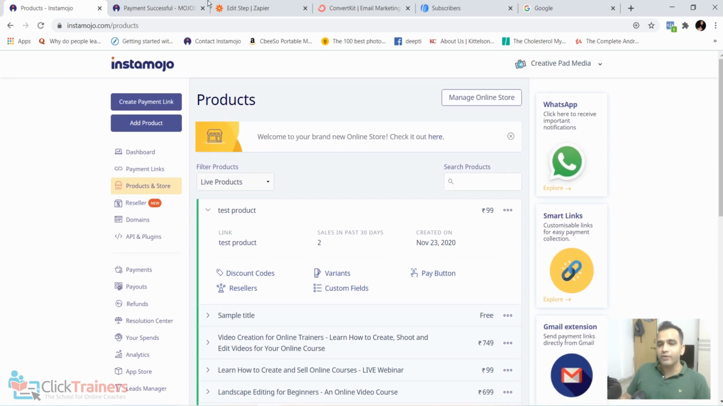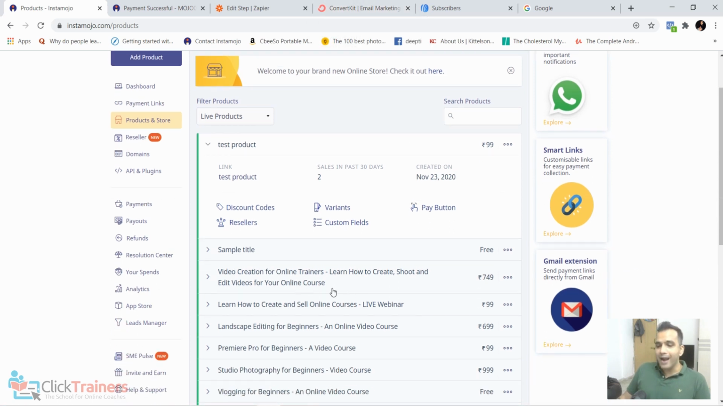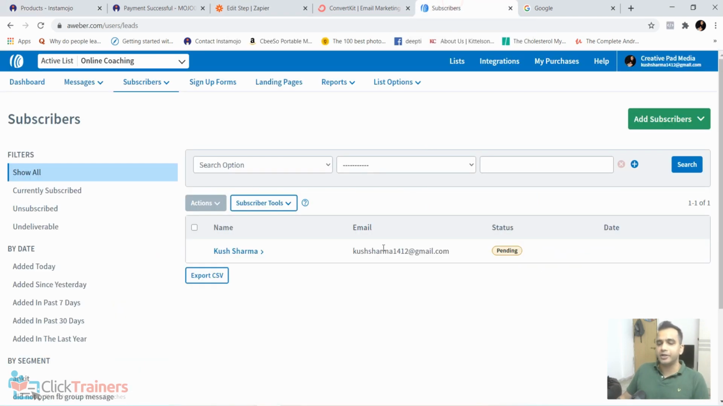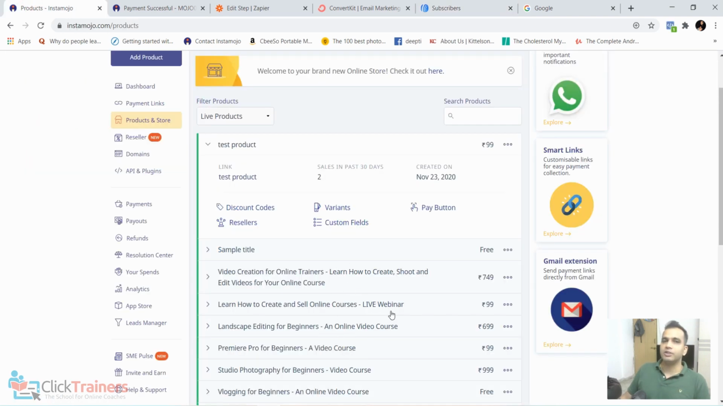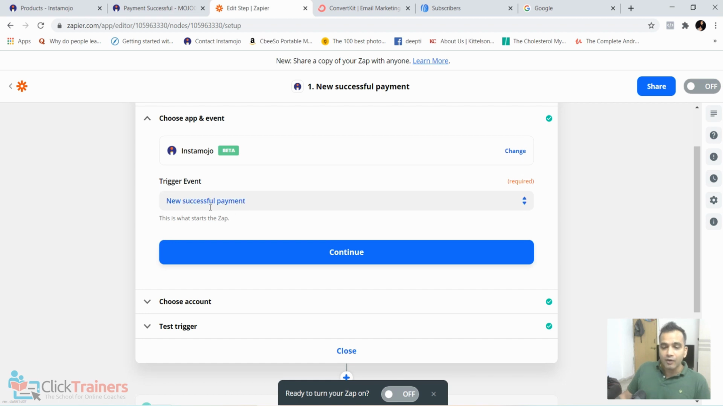The problem will be, right now, because this app is set up like this, no matter what successful payment I get from Instamojo, irrespective of the product, it's just going to take that email and turn it into a subscriber in my Aweber account. So it doesn't matter which product someone is making a successful payment on. That's obviously something that I want to avoid, but there's no way to avoid that,